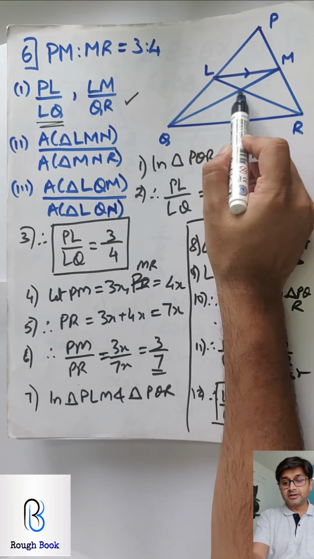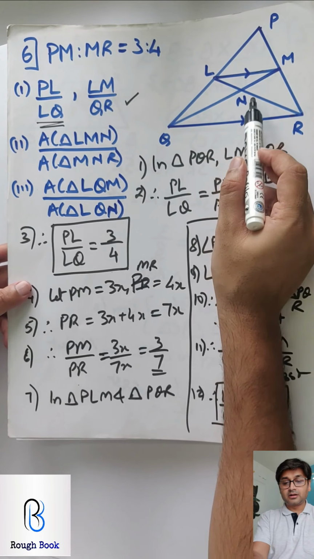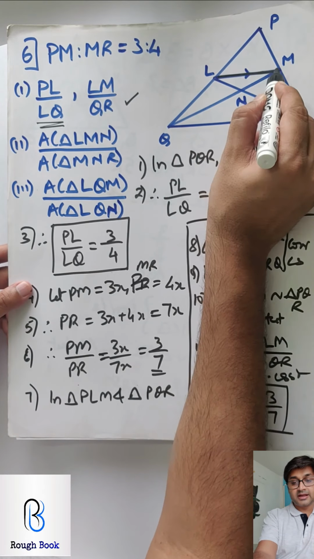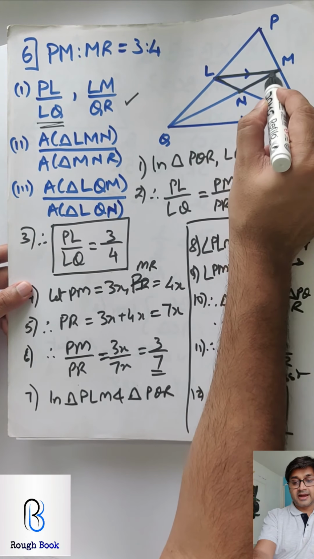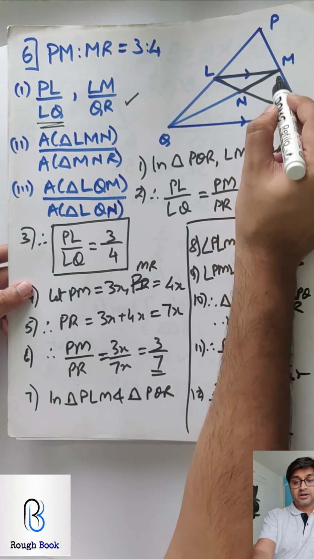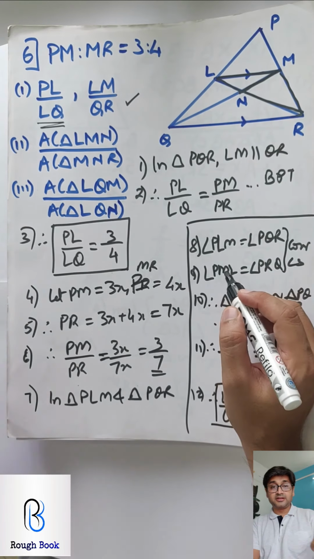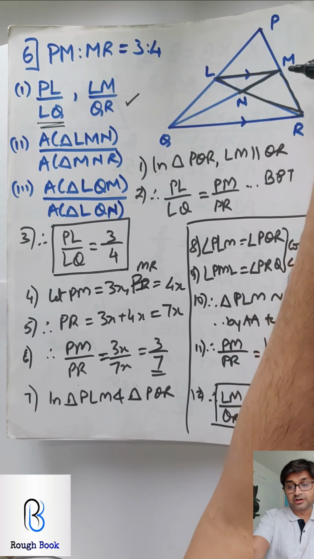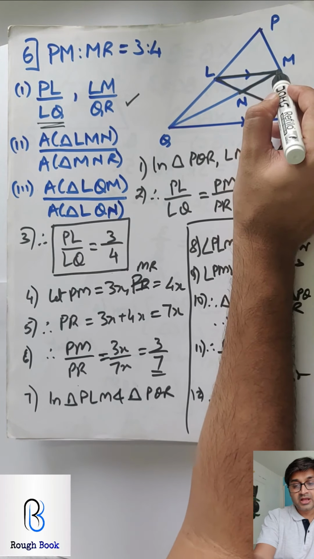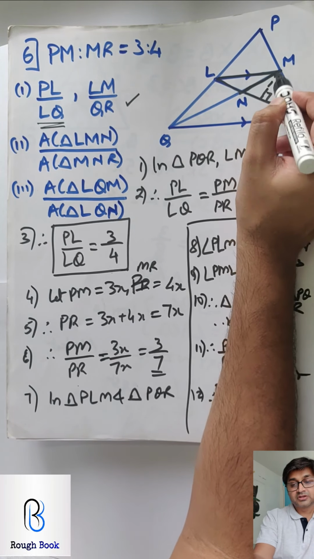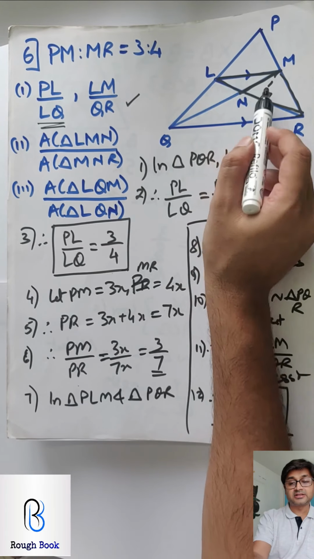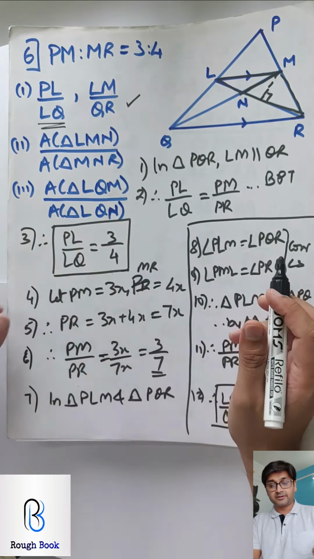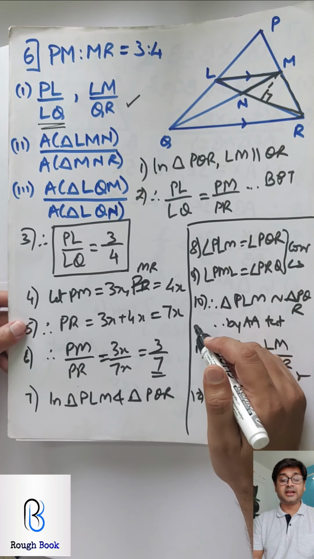Now triangle LMN here in the center and triangle MNR this side. See, can you see? LMN and MNR. Now this is not areas of similar triangles. This is the second technique which I have taught you. This is one mountain, second mountain, both top is M, so their heights are equal. So if heights are equal, their areas are proportionate to their bases. So bases means LN and NR. So you have to first find LN and NR.